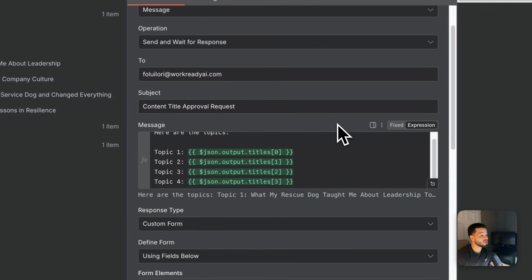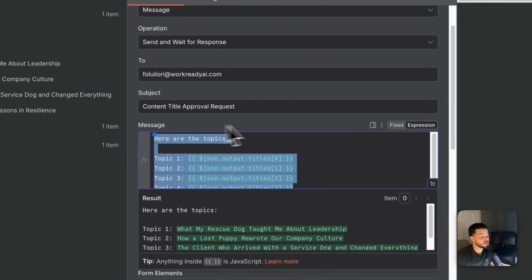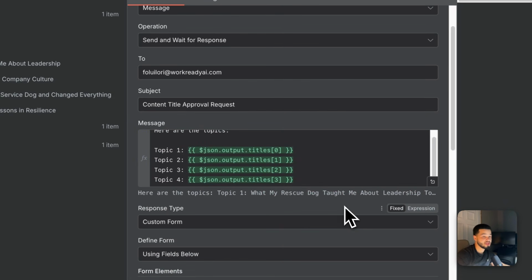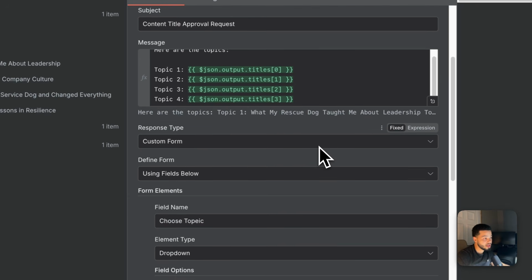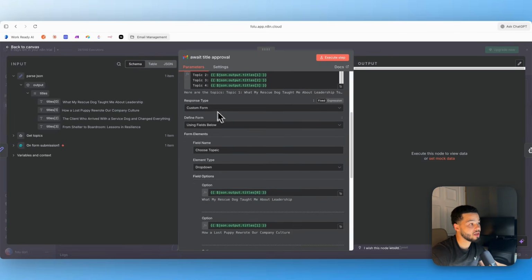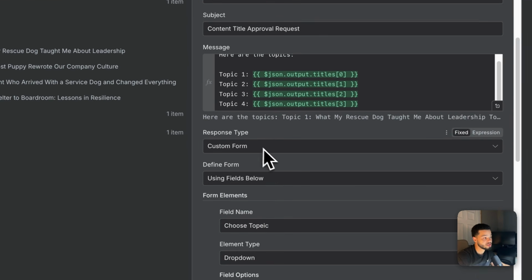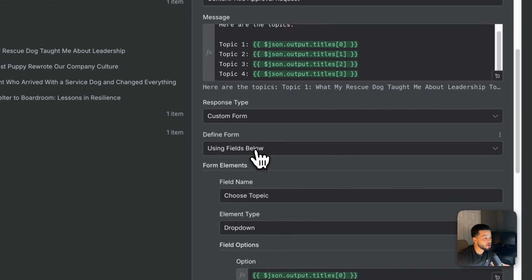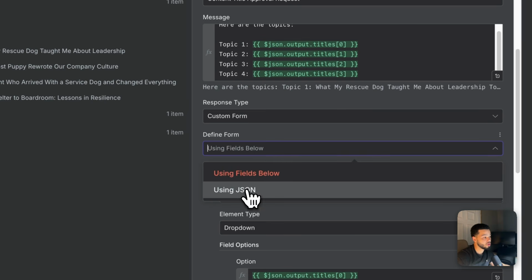Now, in order to be able to select them, because this is essentially just going to be the email body, as you've seen previously, we were able to click in and choose which one of these to pick. In order to make this a form so we can select which one to use, we come down here and we select the response type as custom form, and we define the form using the fields below, not using JSON,